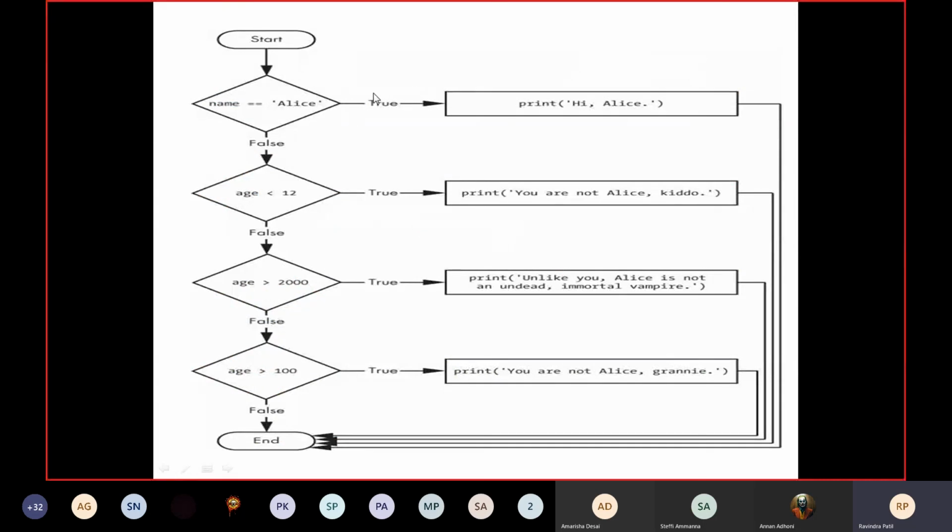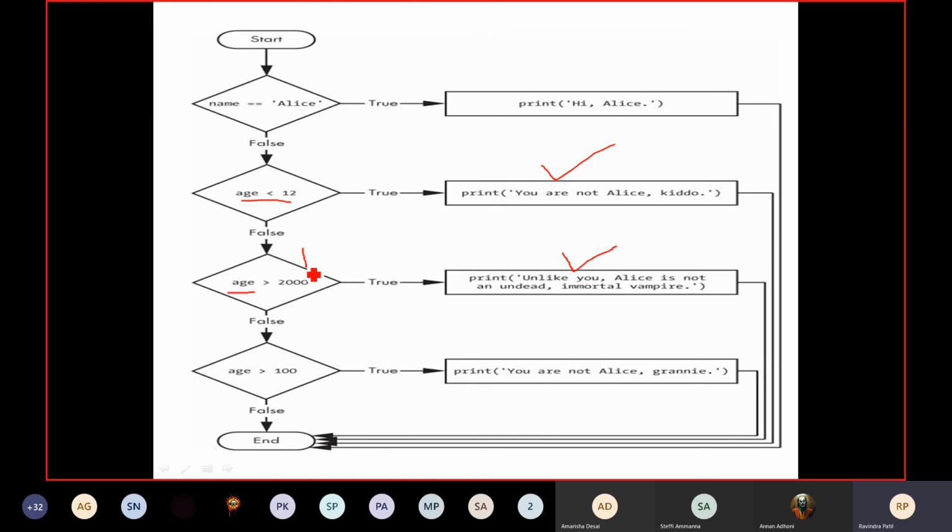When we have more than two possibilities, generally we go for the elif statement. Here they have taken a simple example. If name is equal to Elias, we want to display the message hi Elias. In another case, assume you have entered an age which is less than 12. In that case, we display this message. If this condition is also false, and the age value is greater than 2000, it displays this message.